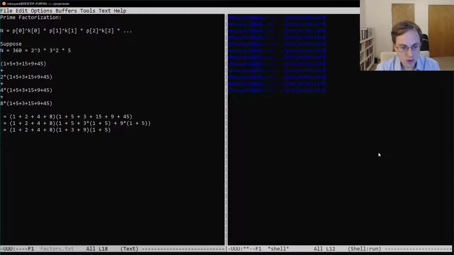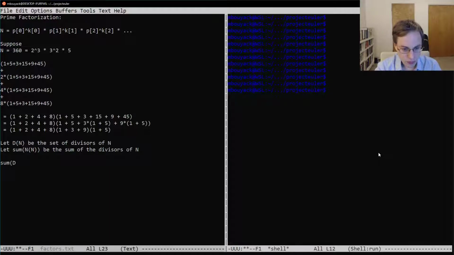Okay, so let's get a little bit formal now and write an expression for this. So let's let d of n be the set of divisors of n. Let sum of d of n be the sum of the divisors of n. Just a little notation there. And now we can say that